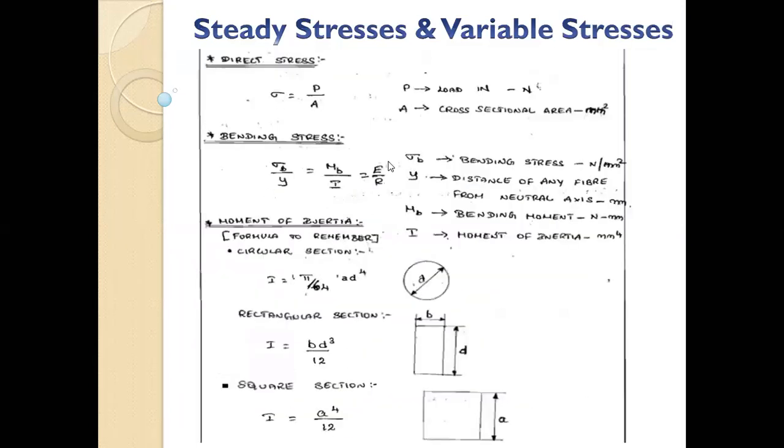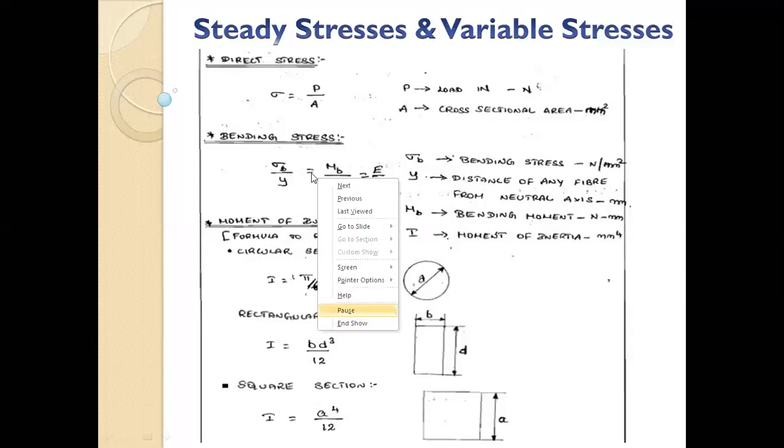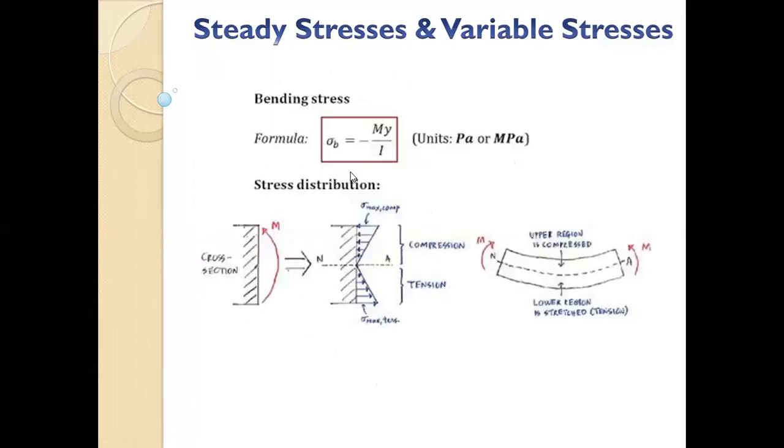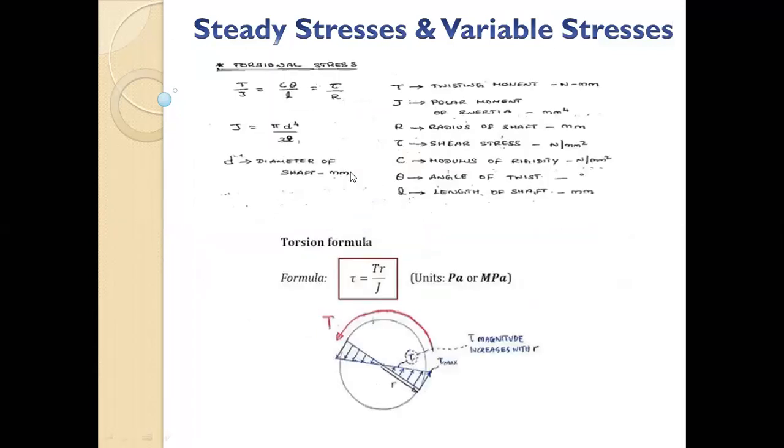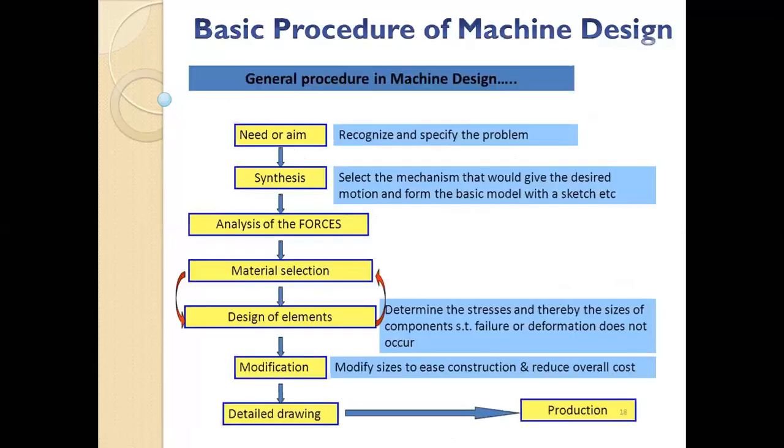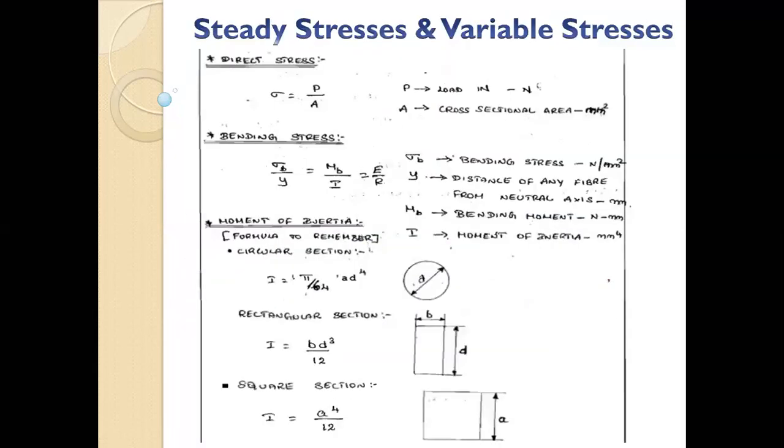So these are some basic stresses we have seen now. Okay, sigma we have seen. First part, direct stress. It may be compressive or tensile, or it may be shear stress. Okay. Now, before going to the next stress, that is bending stress, and then we have to go through torsional stress. These are the stresses we need to know before doing any kind of design.